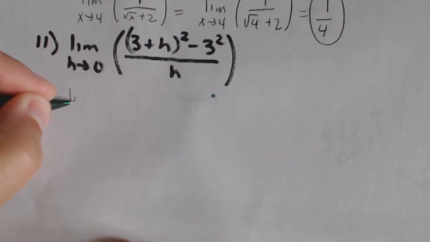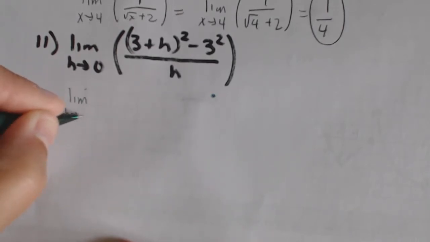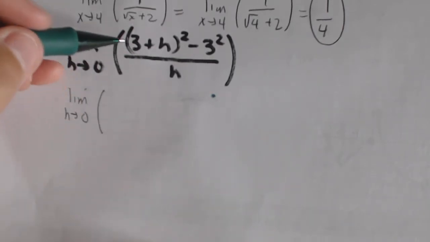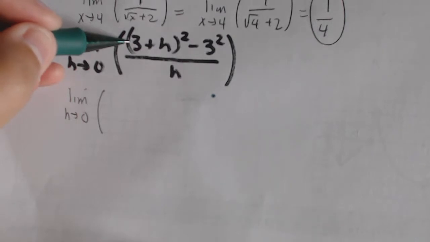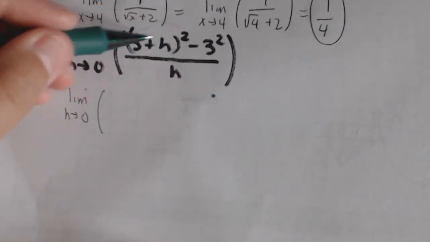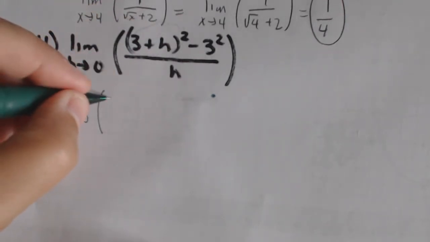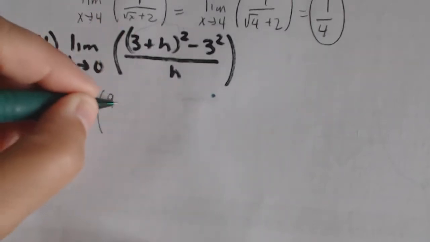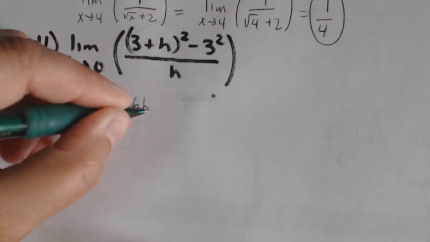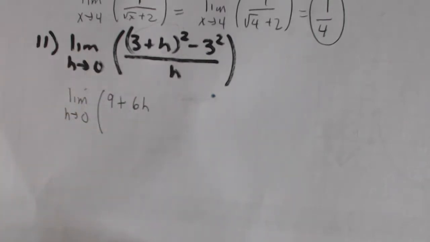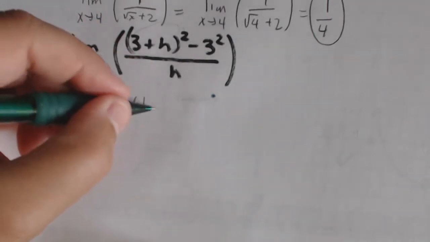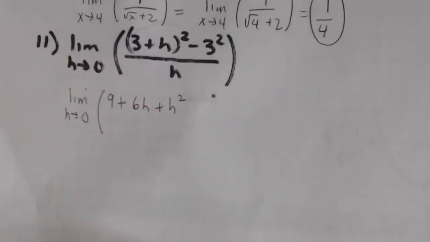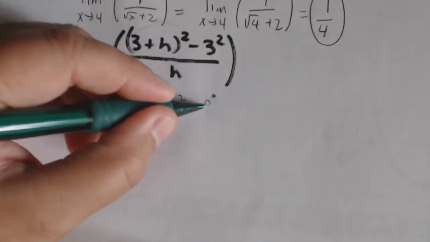What we want to do is, just like you did when you were finding the difference quotient in Math 171, you want to multiply this out. I like to do square, double, square, so that would be 3 squared is 9. 3 times h is 3h, but there's 2 of them. So if you double 3h, you get 6h. h squared is next. And then minus 3 squared would be minus 9